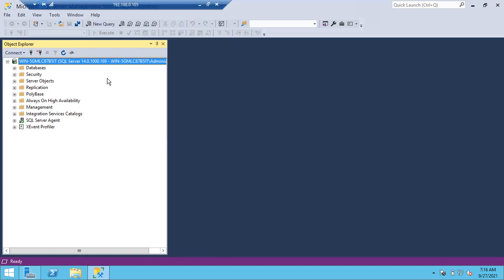Your full backup will take the backup of all the data files and log files, and it will reset the DCM pages to 0. Whereas your copy only full backup will take the backup of all the data, including data files and log files, but it doesn't touch the DCM page.